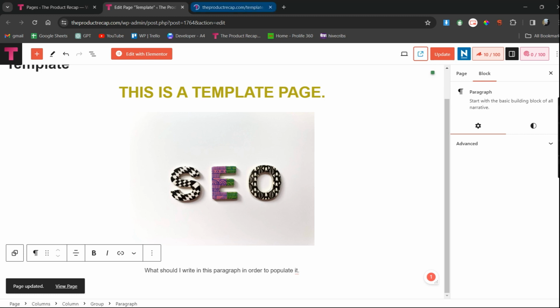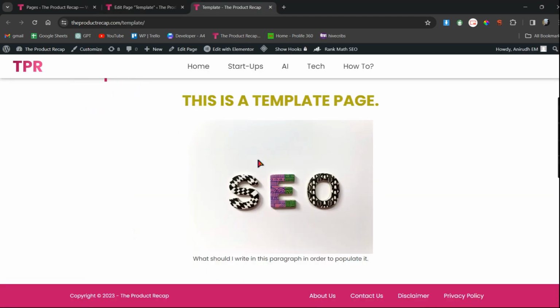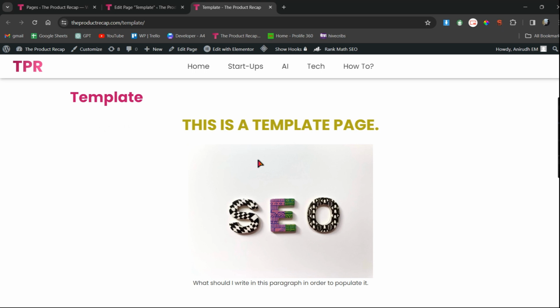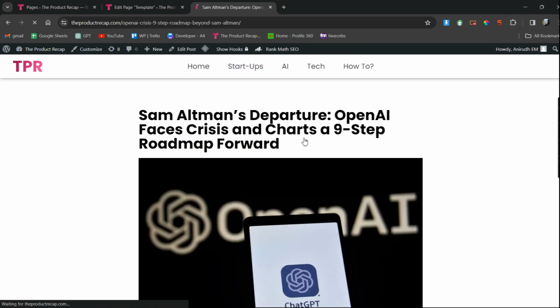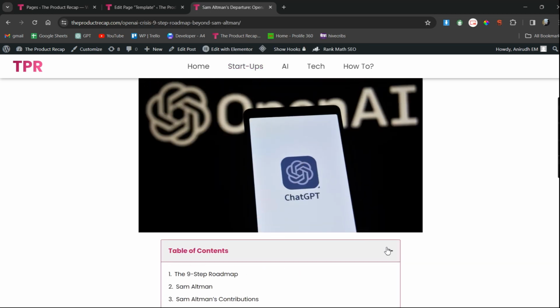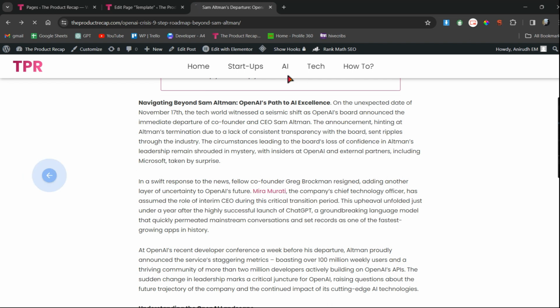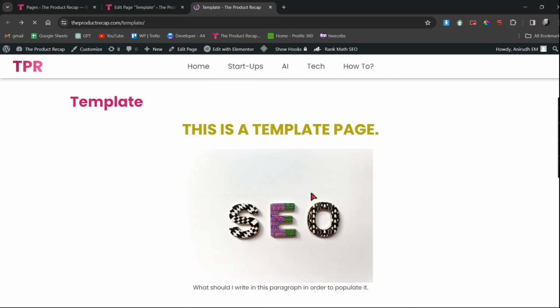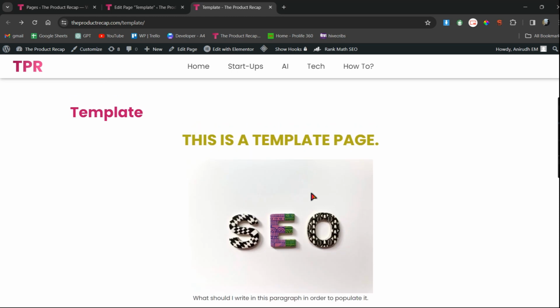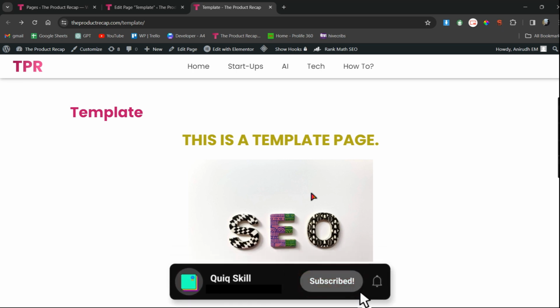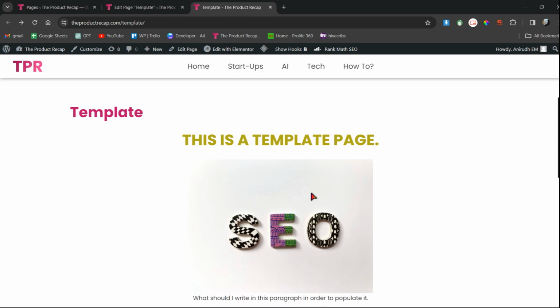Let's see how our page with the Gutenberg editor looks. Yeah, it looks kind of nice. If I go to any post and see the structure, you can see that it is kind of similar. Although I also used Elementor objects in here, it still looks okay to me, being honest with you. Let's go back to the template part. But for experimental purposes, or as a beginner creating just a post website, you can use the Gutenberg editor. And yeah, pretty much it. So thank